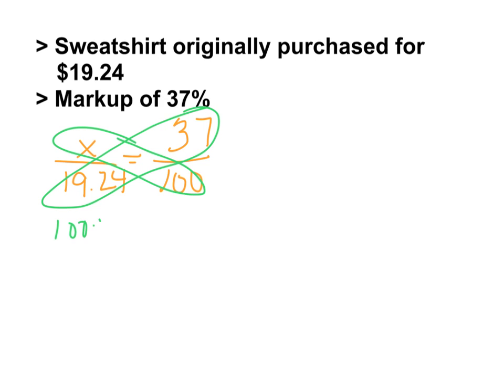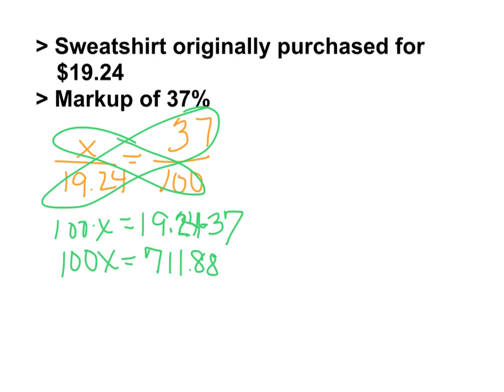So we have 100 times x equal to 1924 times 37. Oops, I forgot the 2 over there. Let me sneak that in there. Sorry about that. 1924 times 37. So 100 times x, of course, is 100x. $19.24 times 37 gives us